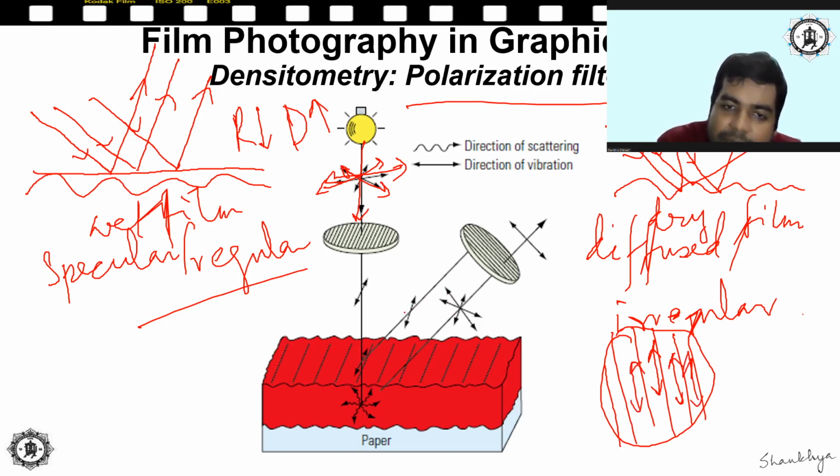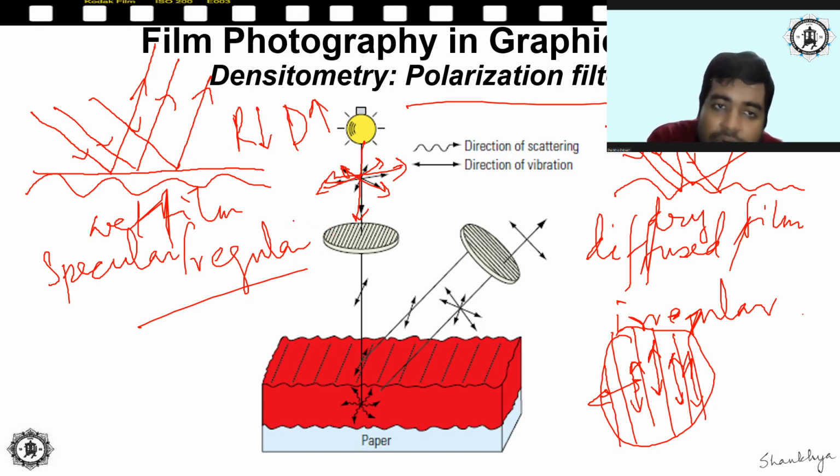So any vibrational direction of light which is perpendicular to this will be stopped by the polarization filter, will not be able to pass it, right? So a less amount of light will be able to pass through the polarization filter. All right, now after getting incident, what light is getting incident on it? Not light of all vibrational directions, light of only a particular vibrational direction, right? And after reflection from here also, sometimes light gets scattered over here, then again within the ink layer here, and may appear to have different vibrational directions again.